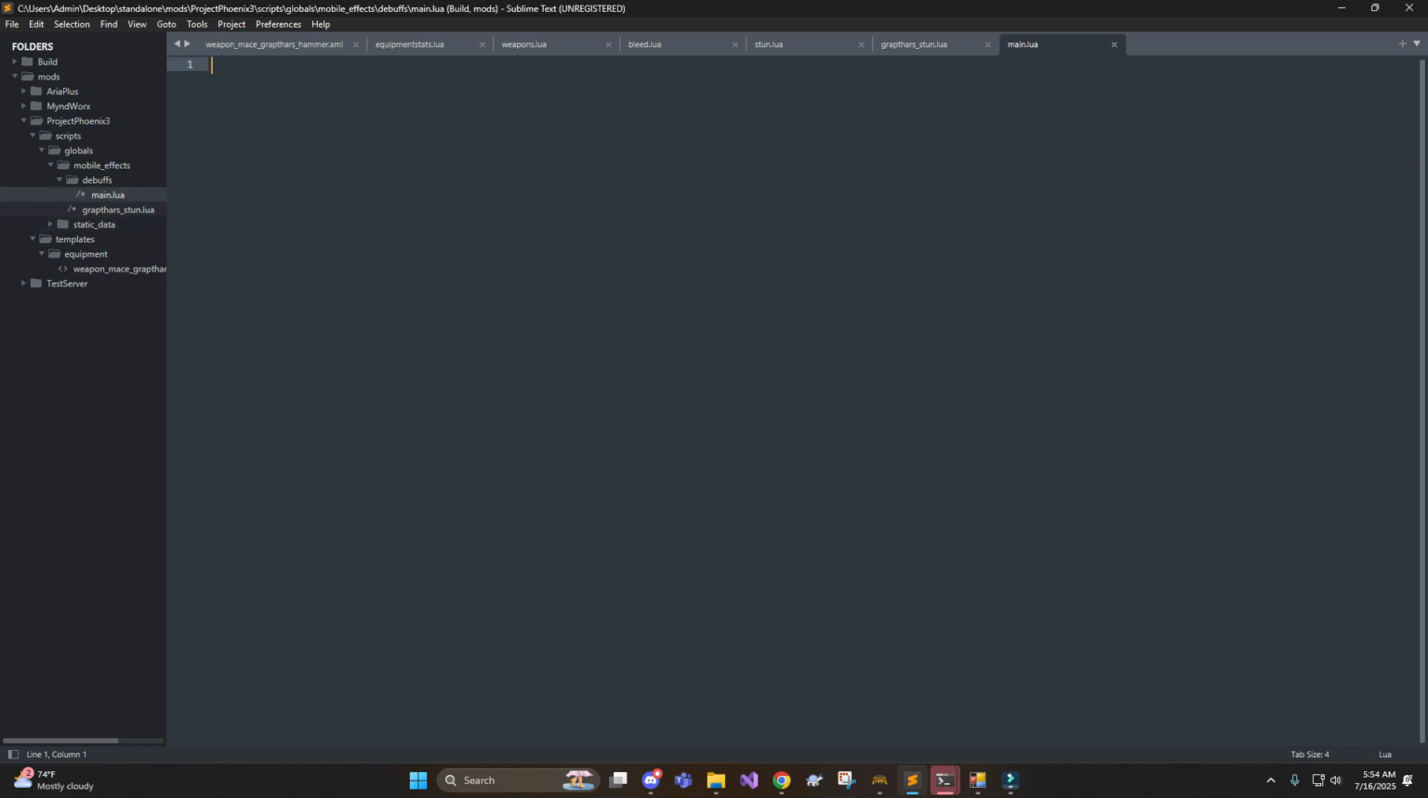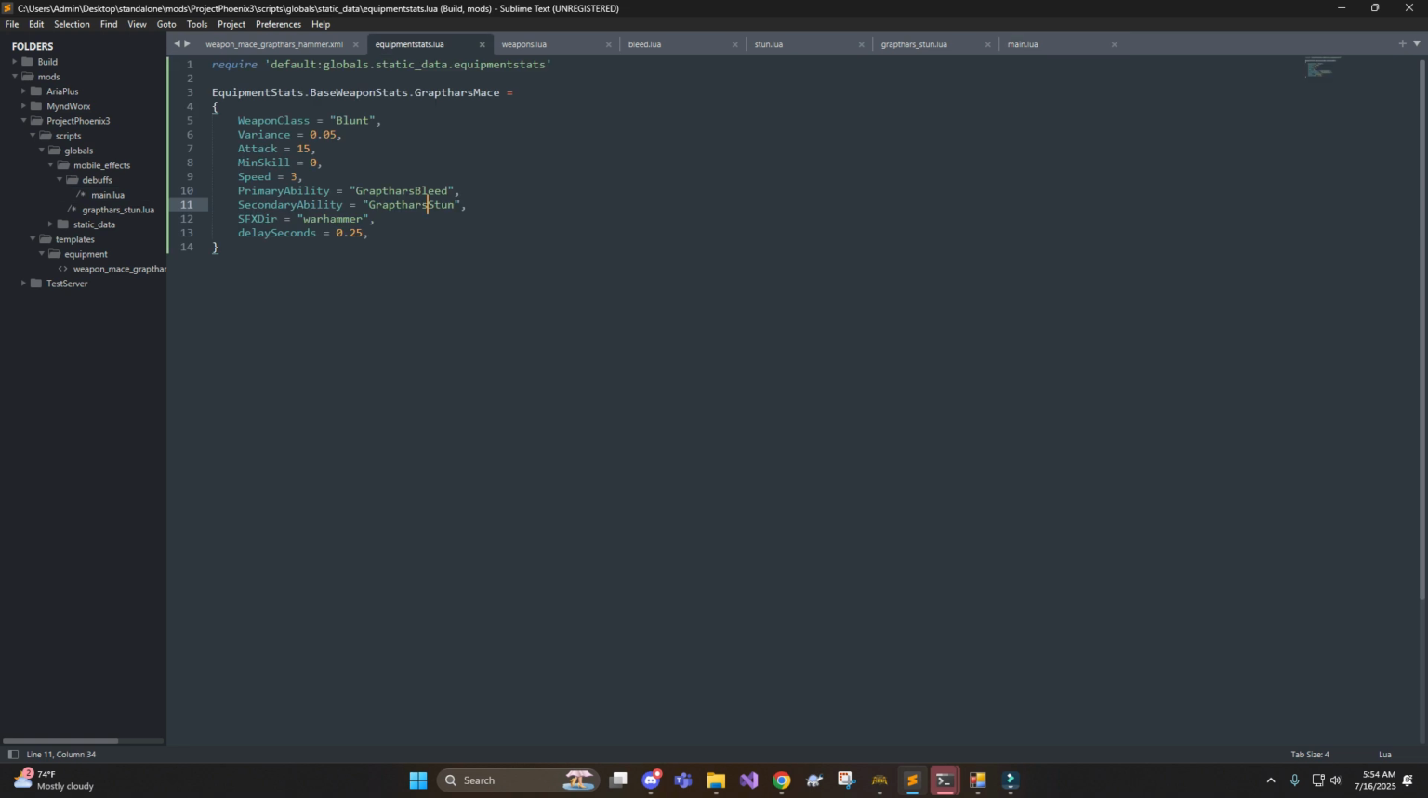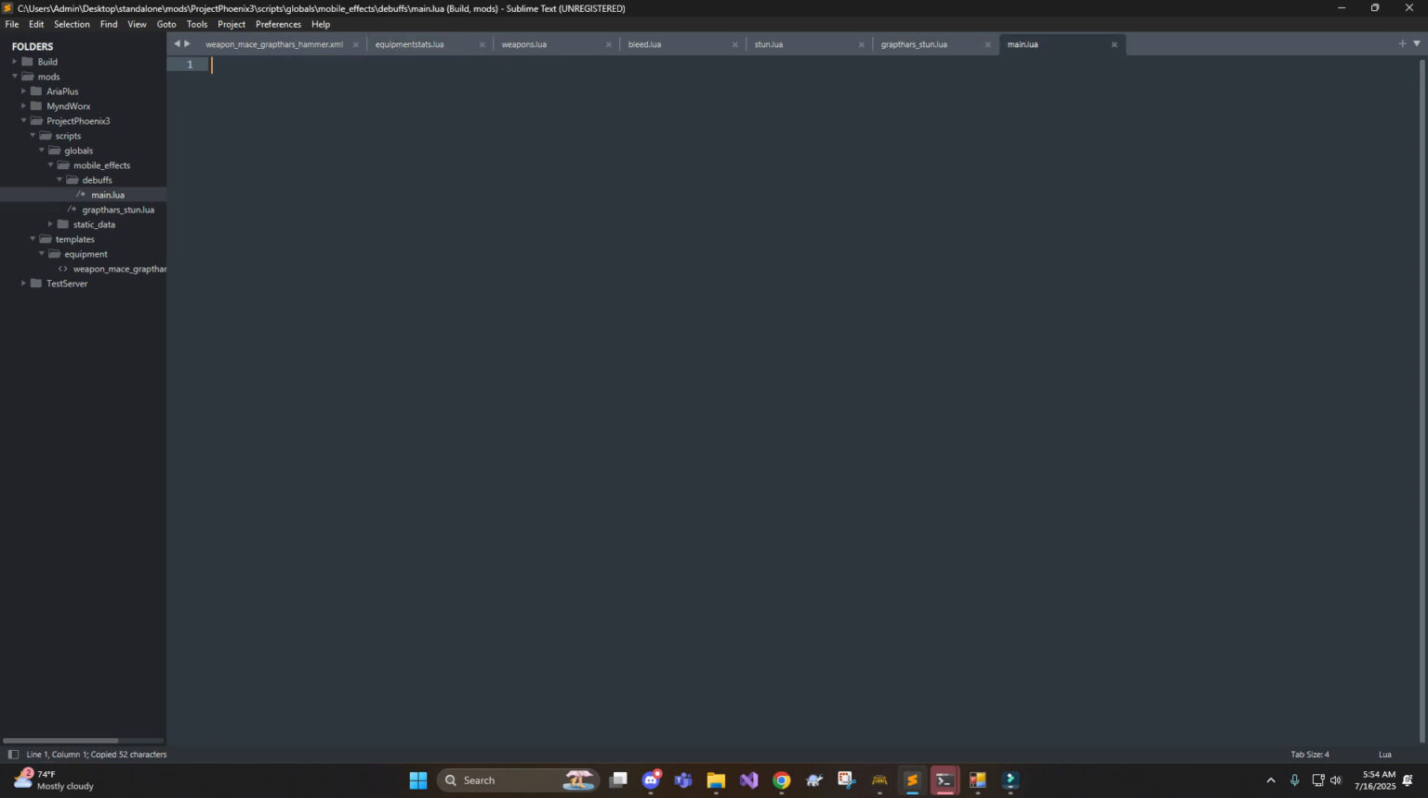Okay, and then this one we're also going to have to grab the require statement to grab the basic loading of all the mobile effects, and then we'll load our stuff later once Citadel stuff has had their stuff loaded, which is what this is going to do right here. So we're going to target the default globals, no longer static data. This is mobile effects. Okay, and then we are going to go to the debuffs directory, and then simply call the main, and now we have access to putting in